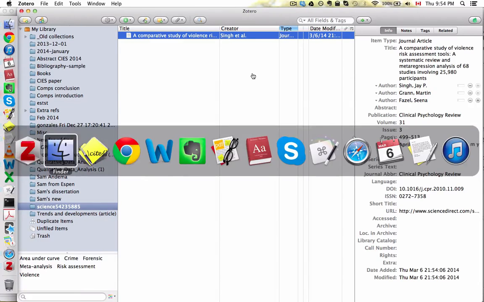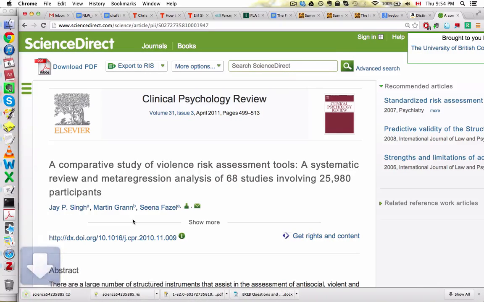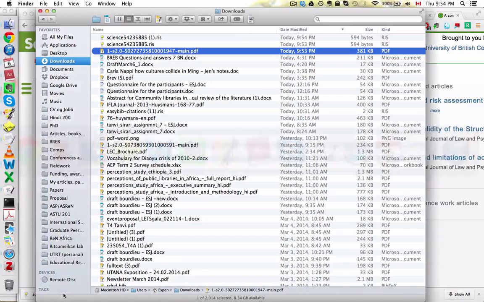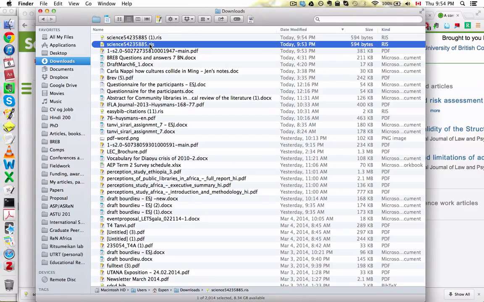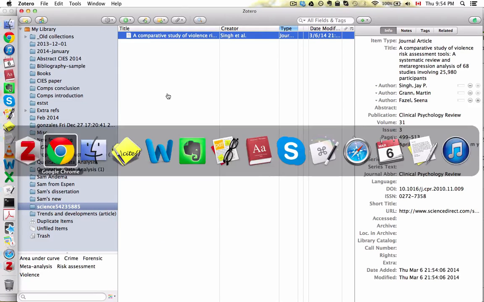I just go here, I export to RIS, export, right? Get the file down here, open the file, either directly from here, which I would normally do, but in this case I'm going to open it from here, and I get it in the Zotero here. Done. I have a question for you. If I want to get a citation directly from Google